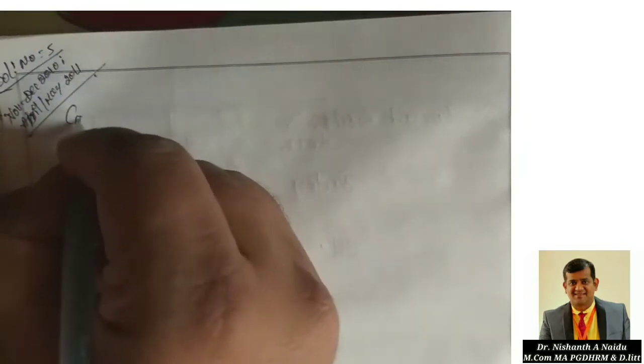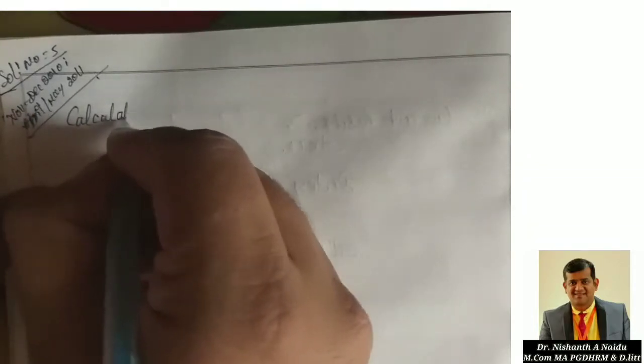This is the 5th problem we are doing. Till now, whatever problems we have solved are without minority interest, so one working note we are not using. From the next problem we are going to introduce that also, so that you will get that idea as well, how to do it with the minority interest. So let us see the calculation